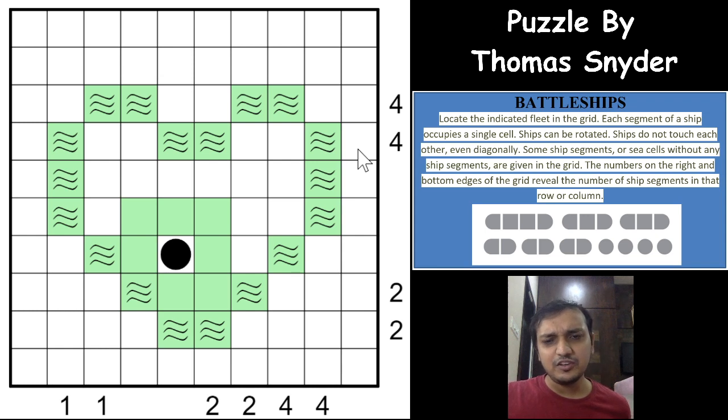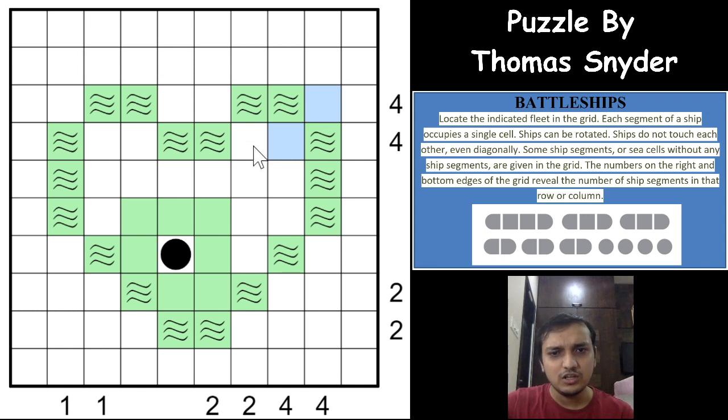So let us see if we can eliminate a few cells as not being part of a ship segment, right? As you can see, one of these 2 cells has to be a ship segment, right? Both of these cannot be, because ship segments cannot touch diagonally, and all the ships, if you see, are either horizontal or vertical. There is no such thing as a diagonal ship, right? Which means that one of these 2 cells has to be shaded as a ship segment and the other has to be unshaded. We are not sure which, but both of these cannot be shaded for sure. At least one has to be unshaded.